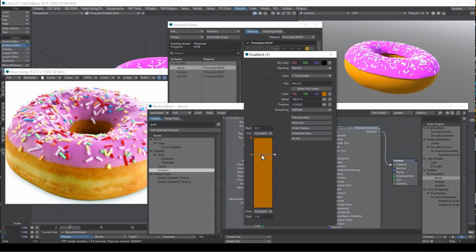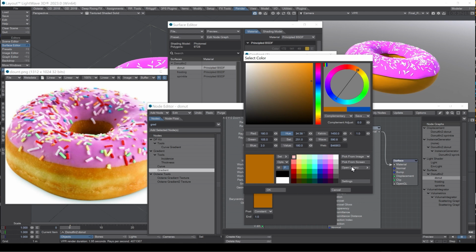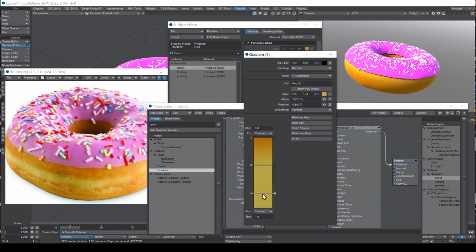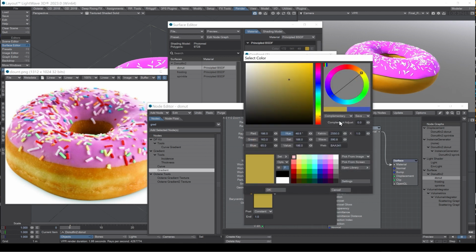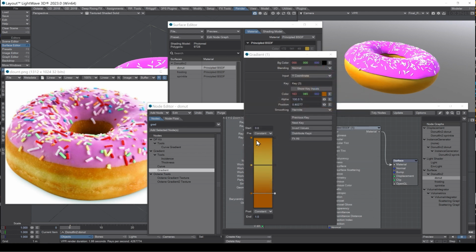Click another one inside here. Let's go ahead and do the same. Pick from screen. Let's do one of these lighter colors. All right. And then do it again a third time. Pick from screen. We want a darker one again. And what I'm going to do is also I'm going to hit just repeat on these. And basically all I'm going to do now is kind of just nudge these around till it looks how I want it to look